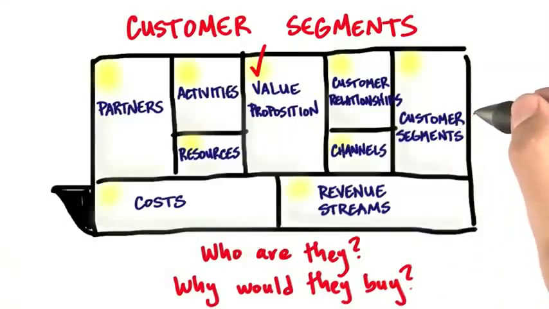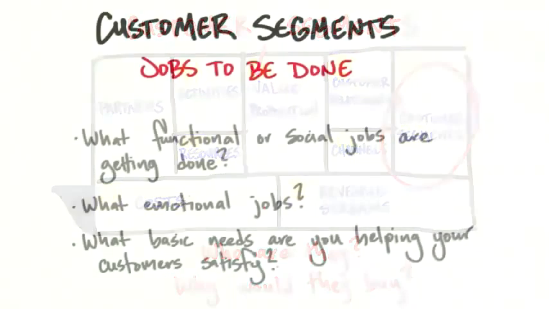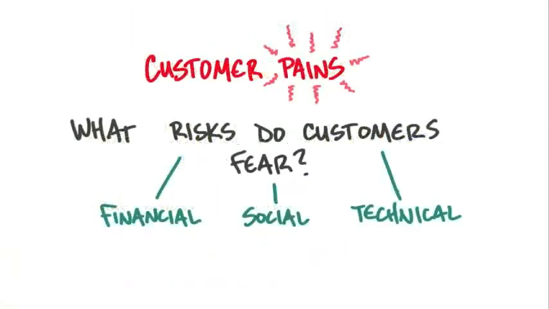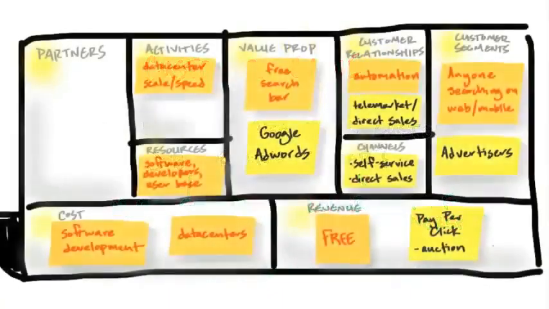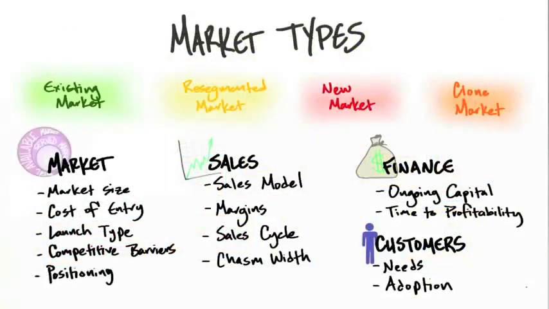So we covered a lot of material in the customer segment part of the business model canvas. We talked about the jobs to be done, we talked about pains, we talked about gains, we talked about multi-sided markets, and we closed with market type. Let me give you an example of a couple of startups who actually went and tried to define their customer